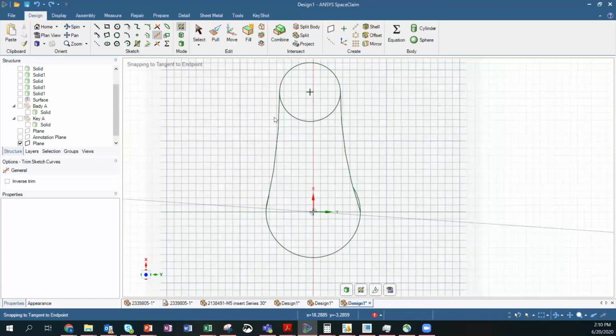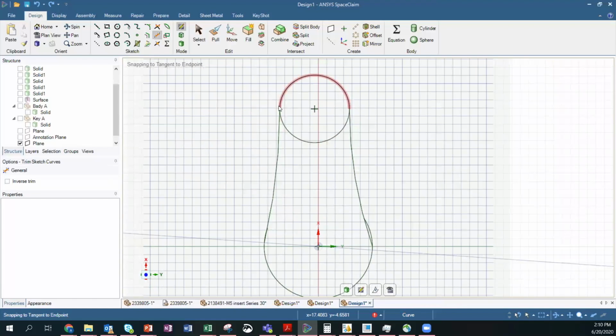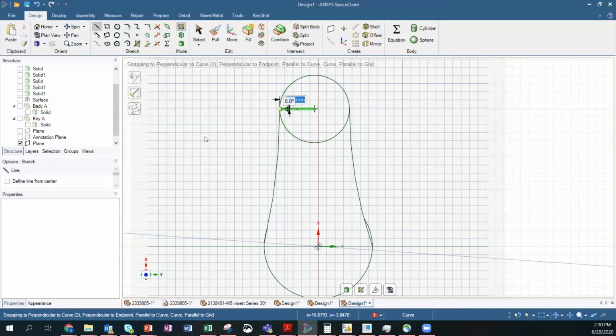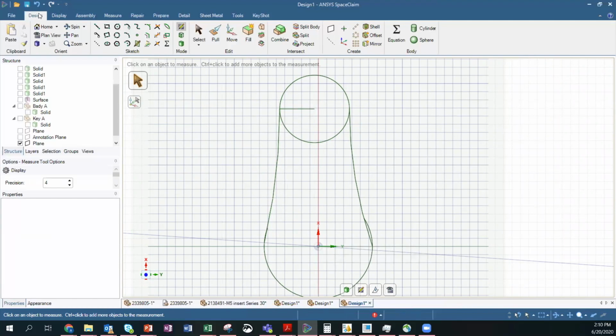So there's one interesting thing I'll show you. Whenever you make a turn, we call it something like tangential. So this curve is tangential to here. That means if you draw a radius from the center, you can see it is 90 degrees between them. That's the tangential definition. And the good design practice is, whenever you try to make a turn, try to